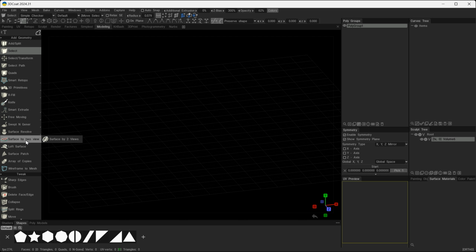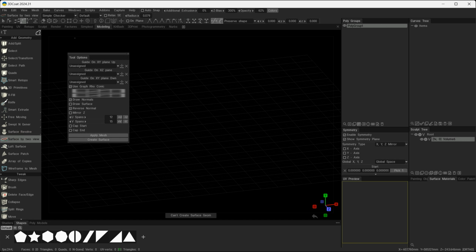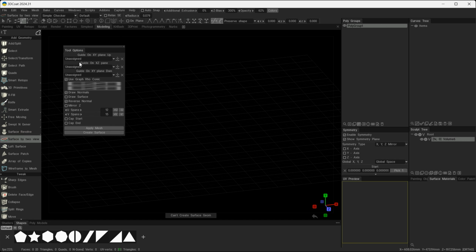There is a pop-out menu as well, and this is a variation of the same tool, and we'll look at this one a little later in the video. For now, I'm going to use this one, which has a slight variation in the icon. So let's click on this, and we can see we get a dialog box here. Now we've got these fields here which are empty, and it is asking me to provide it with some guides